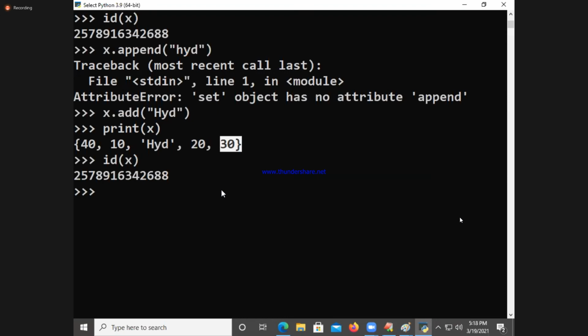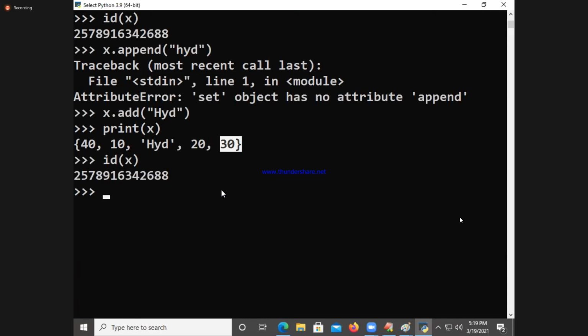What you said is wrong. It never maintains insertion order. How can you say that it has indexes properly? You can't say that these elements are available at that position only. That means on a set object, indexing is not possible and slicing is not possible.